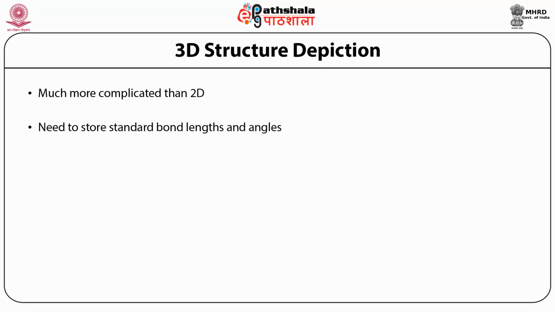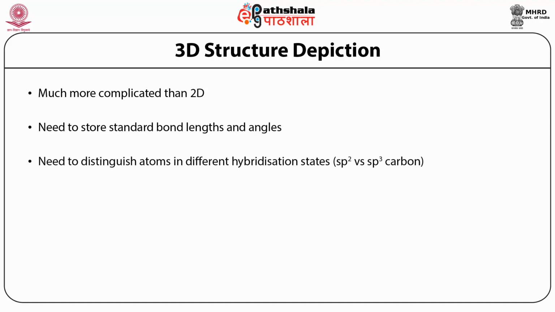Also, to build the connectivity matrix, you are required to know the chemical hybridization state. That means double bonds are specified as sp2, sp2, triple bonds are specified as sp, sp, and single bonds between two carbons are sp3. So chemistry is also preserved in 3D structures. Also, the bond lengths and bond angles will differ as sp2 or sp3, which does not happen when you present them in a graph or in a matrix. Now, each 3D structure representation also requires volume and space, and must avoid atoms bumping into each other.